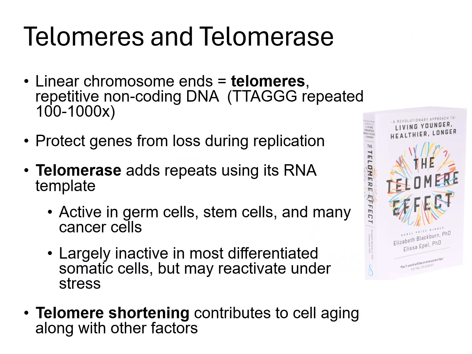Now let's look at what happens at the ends of linear chromosomes. These are called telomeres. Telomeres are repetitive, non-coding DNA sequences. That means they do not encode proteins, and they're usually repeats of TTA-GGG, repeated hundreds or even thousands of times at the ends of our chromosomes. These telomeres protect essential genes from being lost as the DNA shortens during replication, and the enzyme telomerase maintains telomere